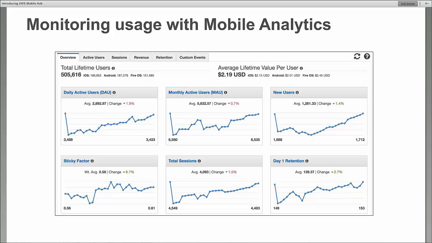With Mobile Analytics, as you'll see in a moment, the monitoring and analytics that are part of the default Mobile Analytics implementation are automatically part of your application, and then also a model for how to put custom events into your application and record those, track those, and output those to other services such as S3 or Redshift.